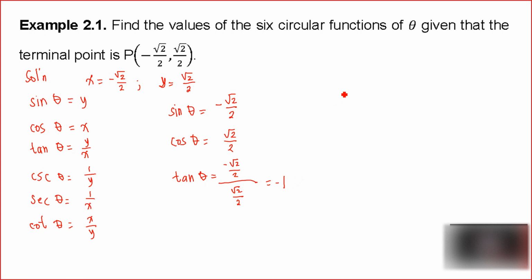Now, for the cosecant theta, we have 1 over negative square root of 2 over 2, since it is the reciprocal of this one. We have to rationalize the denominator here, so you have to multiply here by